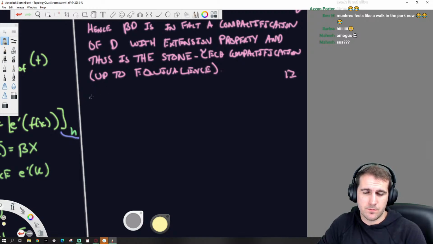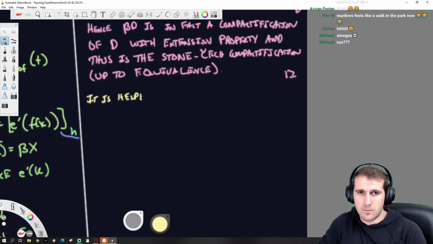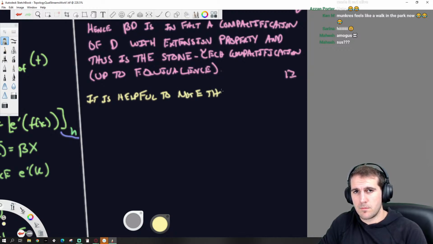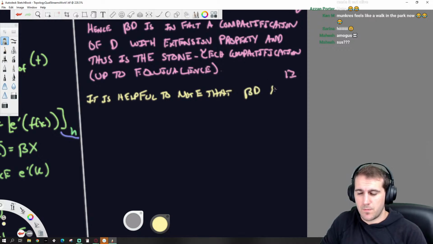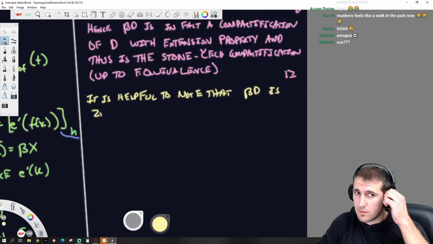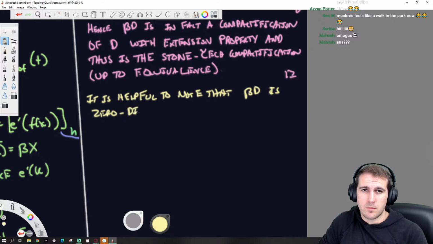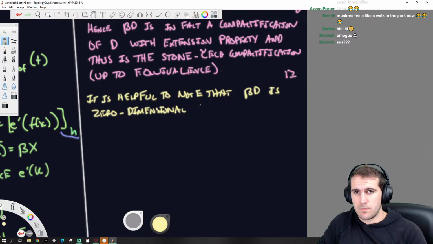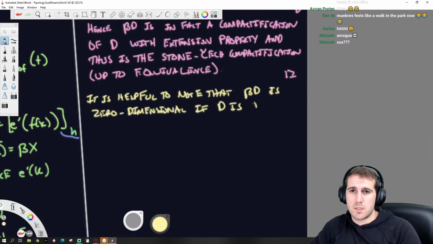So it is helpful to note that beta D is zero dimensional if D is discrete.